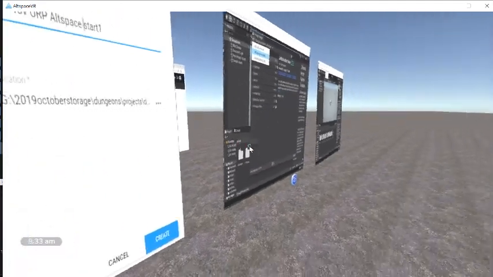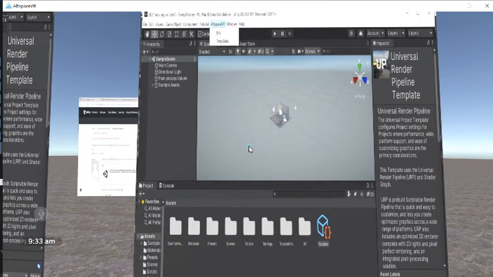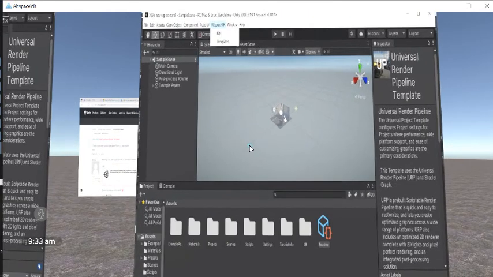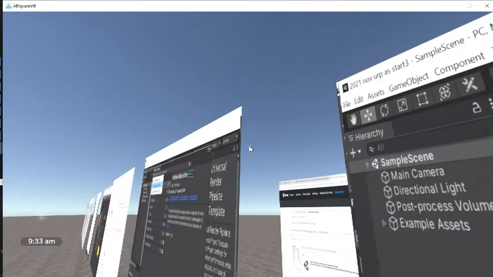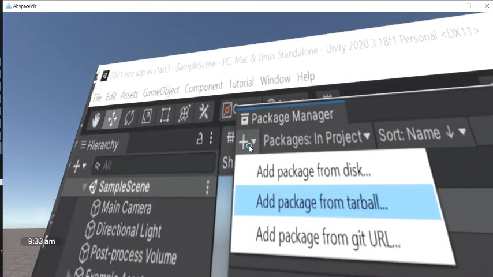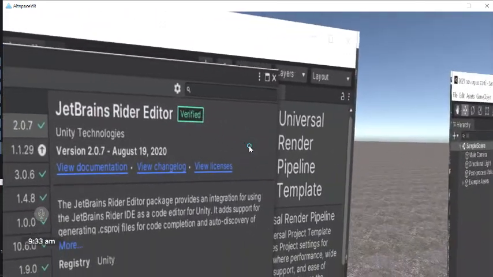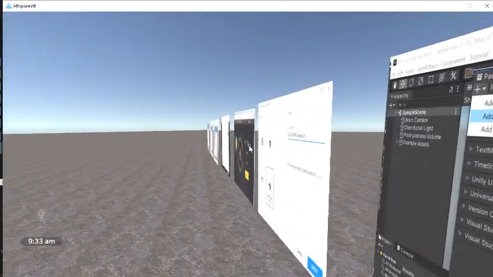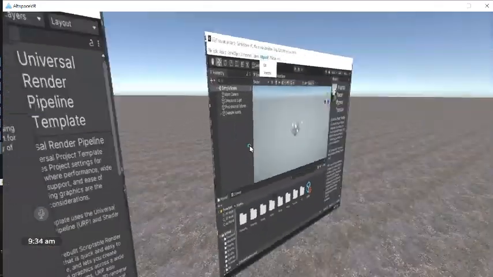And then once that's installed, you should end up with this, but you won't get the altspace tab at the top. To get that, you need to go to Window, Package Manager. So go to the top to Window, drop down Package Manager. In Package Manager, you go to the plus at the top there, add package from tarball, and you add the TGZ file that you downloaded, the altspace uploader at the beginning,